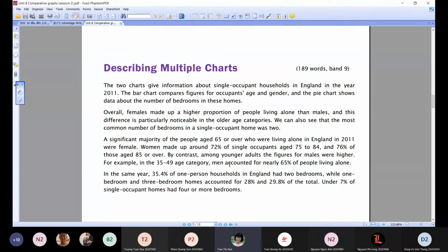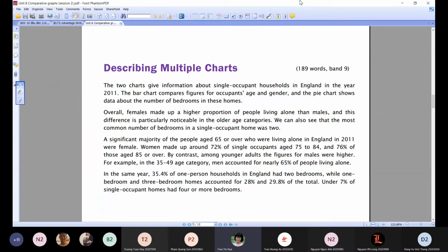What is it about? The last paragraph is about the proportions of the second paragraph. The second paragraph? The second pie chart? The second chart? Or the pie chart, you mean? Okay. So if you take a look at this piece of writing, which is considered a very good piece,